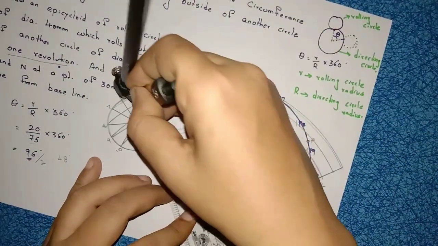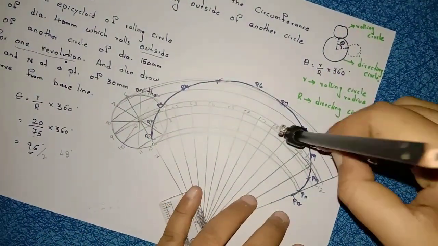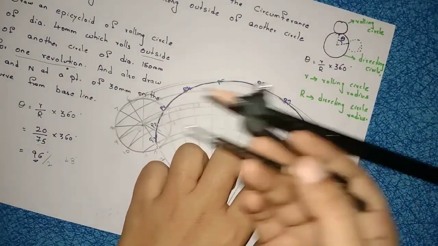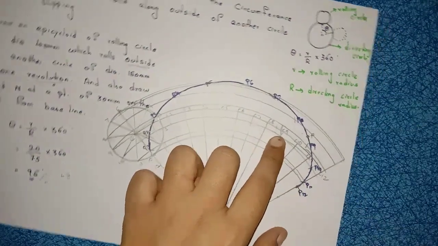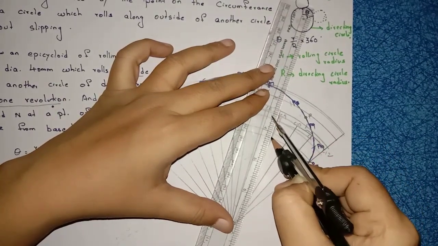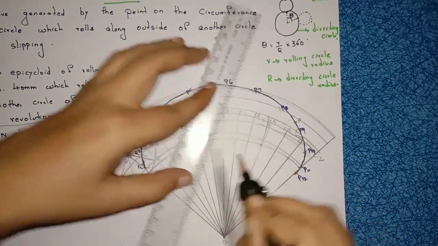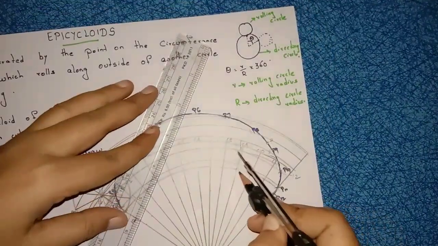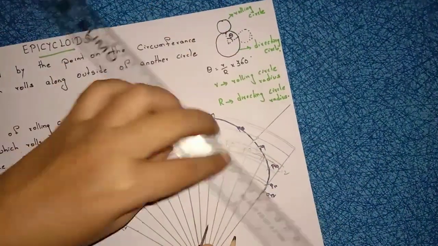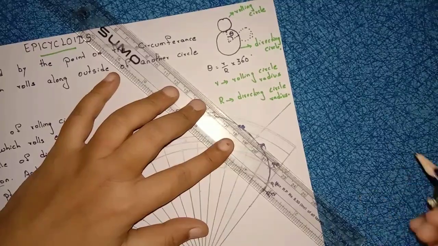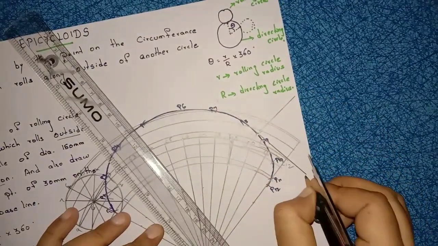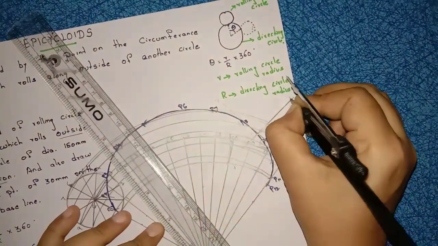Right, after marking the P point, take the radius of the circle from P, draw the arc on the middle line. Right, after that, from this arc, draw a straight line to this baseline. This last one is your baseline. Right, now join this point and the P point. This is your tangent. Exactly perpendicular to the tangent is the normal. Right, so T, T dash, N, N dash.